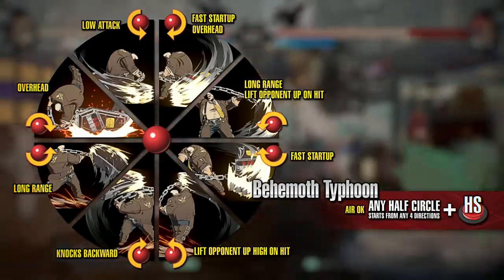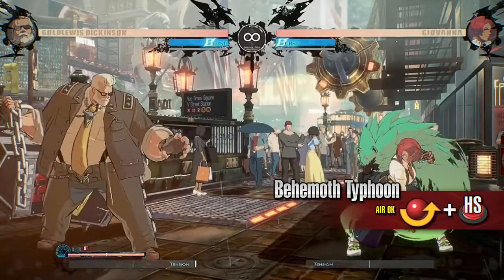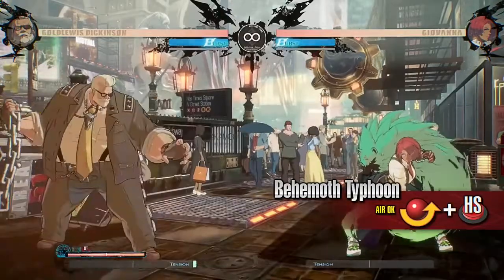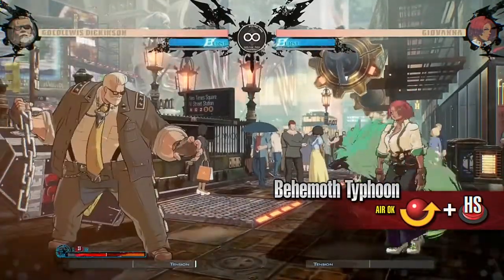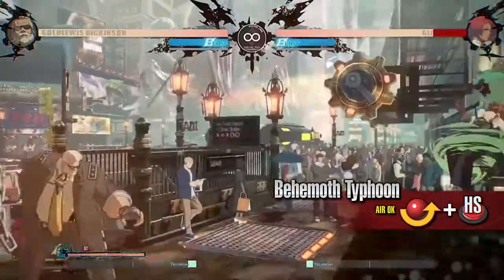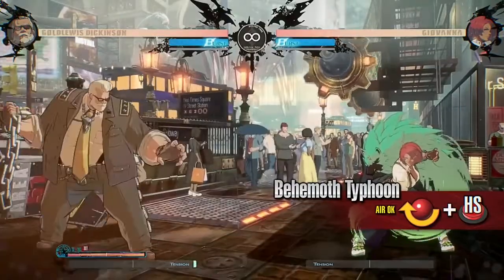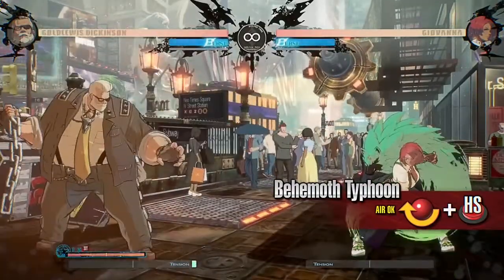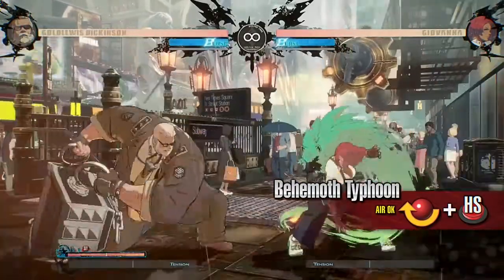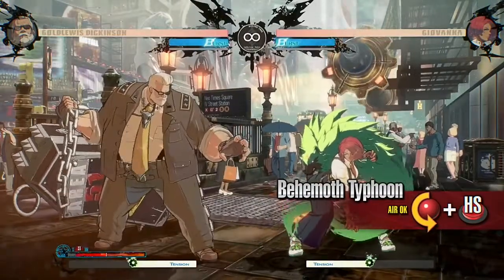Okay, so let's start with the special moves. Let's go with the commands. Half circle 4, hard slash. This is a move that reaches far and also is a low. Also, another thing, all Behemoth Typhoons are air okay. The other low hitting move that he has is a half circle backward, hard slash, and this one is also air okay. His next low is the move that is up backwards to down backward